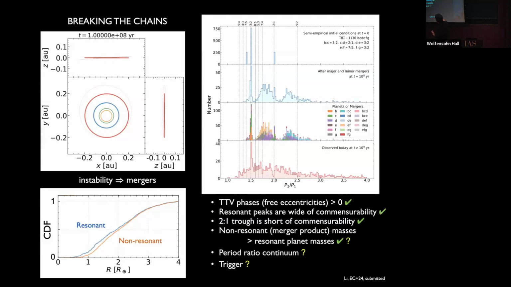It's the fact that the 2-to-1 is special. You don't see the divot in the other resonances, by the way. Okay, not for the 3-to-2 or for the other first order resonances. You only see it for the 2-to-1. And it's because there's a sort of a desert of resonances, low order ones anyway, between the 3-to-2 and the 2-to-1. Okay, there's a sort of a desert there.